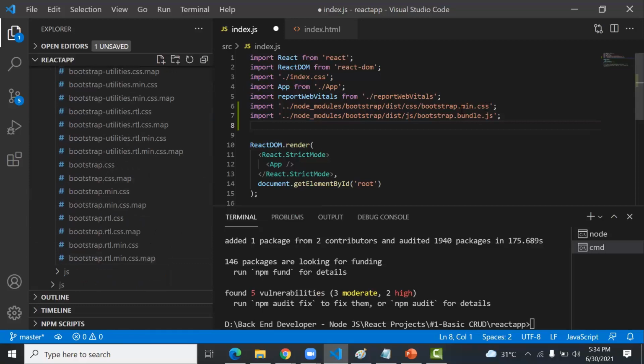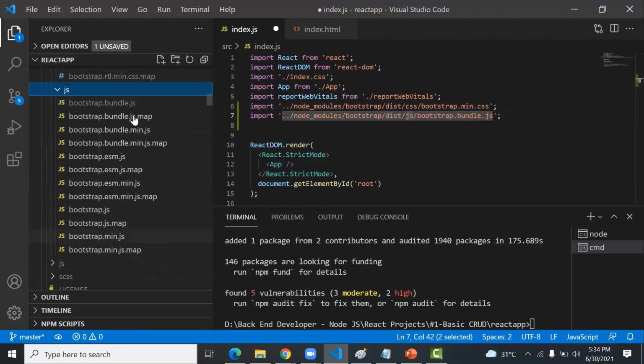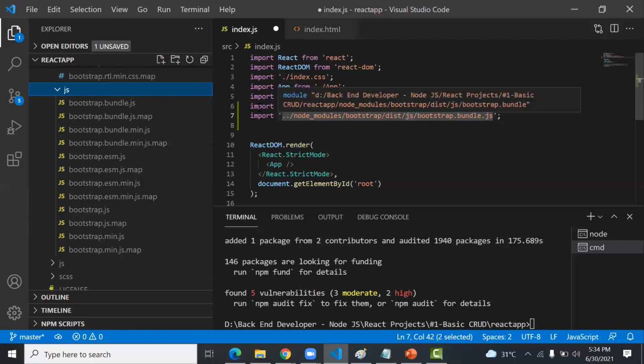So this file I include in my React project. Second is node_modules bootstrap dist, and there is a JS folder. See this, and there is a bootstrap.bundle.js file that also I import in my React project.